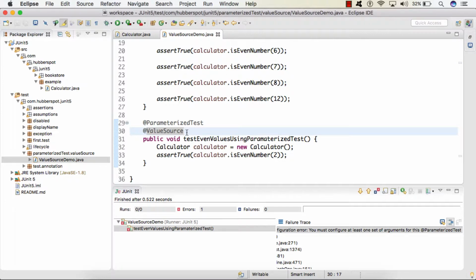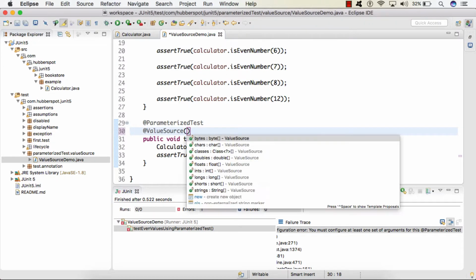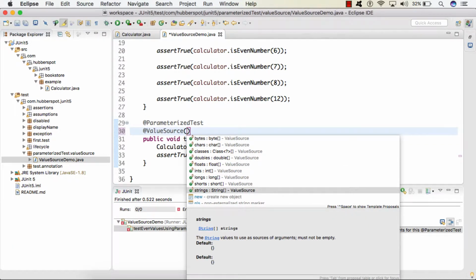If we look into this annotation, you will find that it takes different arguments in the form of an array, and we can provide different values such as bytes, chars, classes, doubles, floats, ints, longs, shorts and strings.